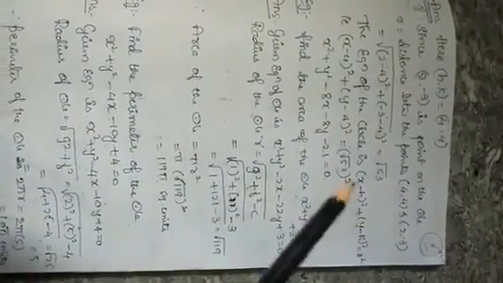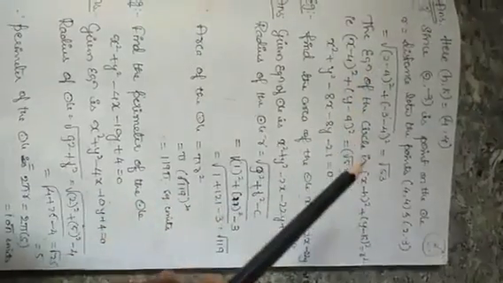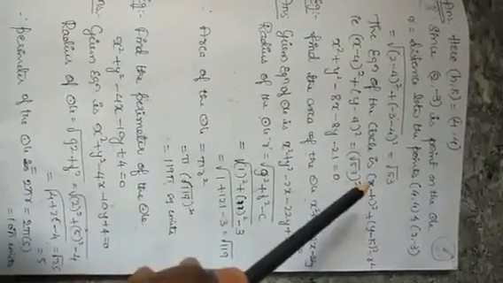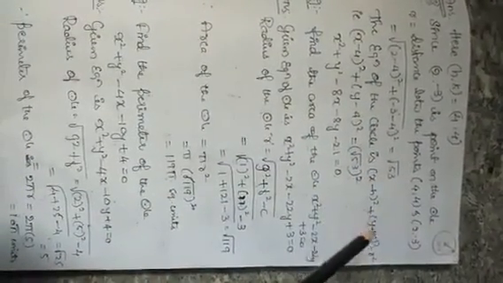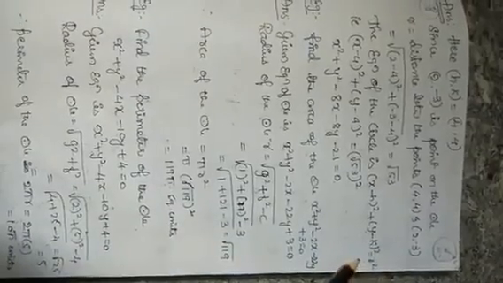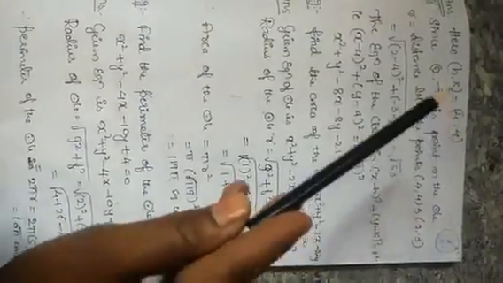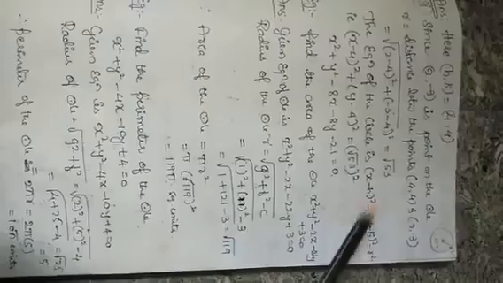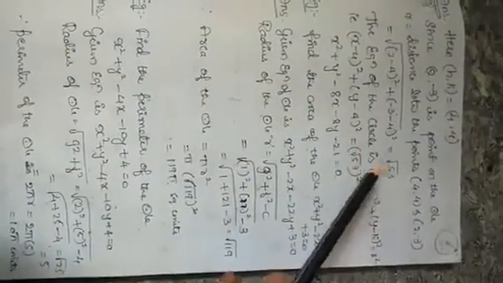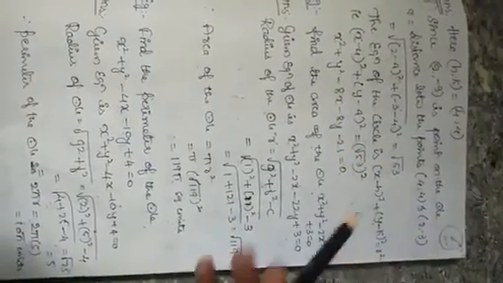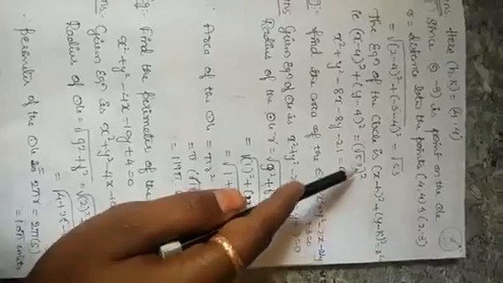Next, we have to find the equation of the circle here. The equation of the circle, we already know, is (x minus h) whole square plus (y minus k) whole square is equal to r square. Substitute the values now. h and k are 4, 4 here. What is the radius? It is root over 53. Then the root and the square cancel.